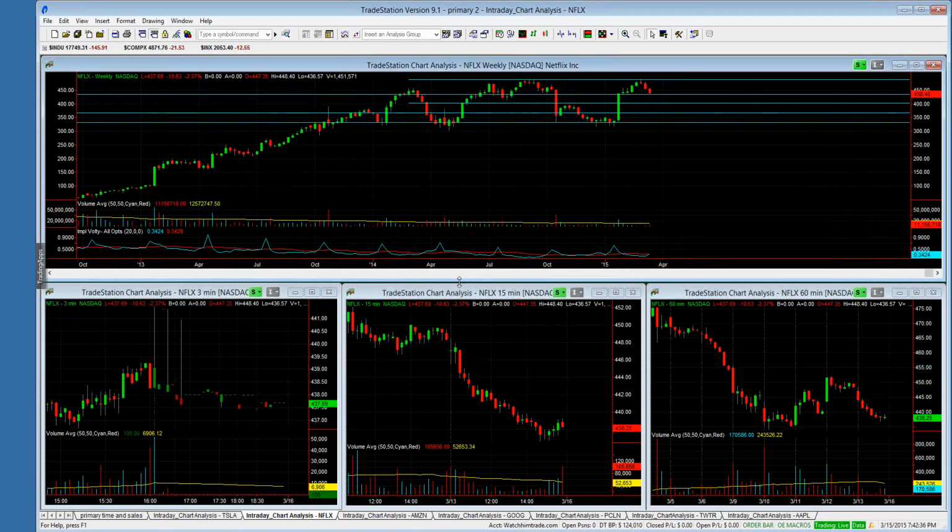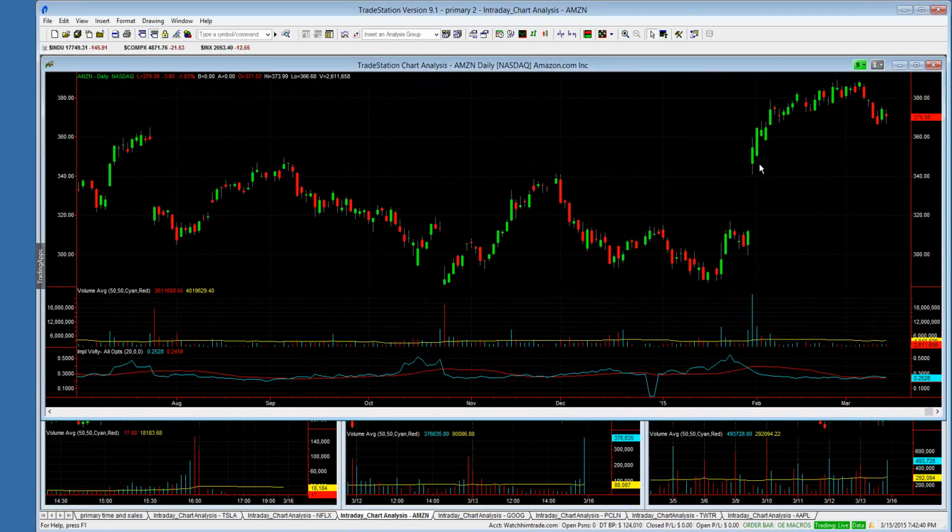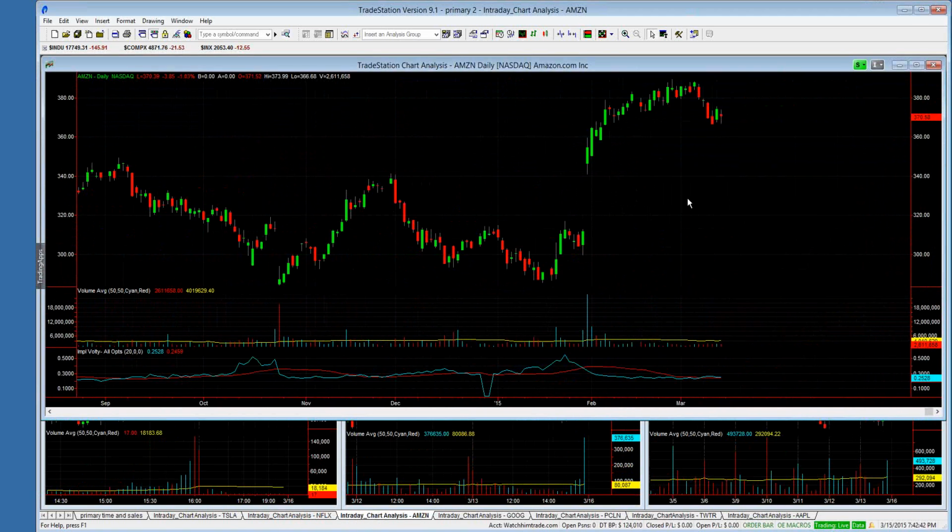All right, looking at Amazon. Amazon to me is looking kind of decent. Yes, it's pulled back. However, she's trying to hold the 370s. Unlike Netflix, which broke 470 and went right into the 450s and now is in the 430s, and unlike Google, which lost 570 and now is back in the 550s,